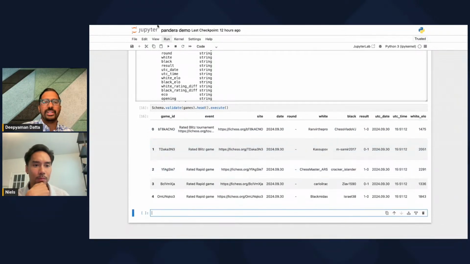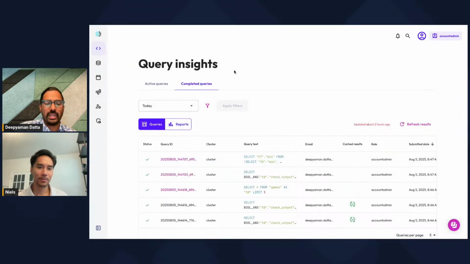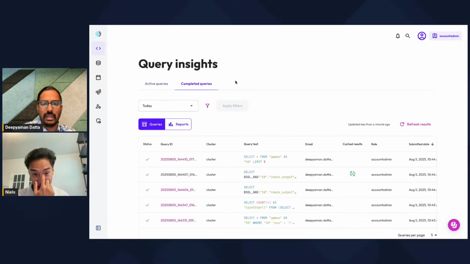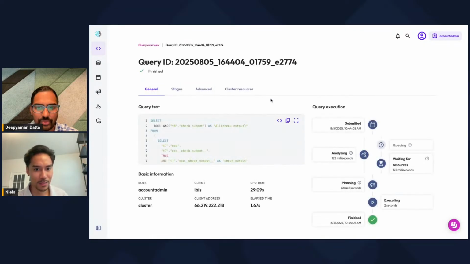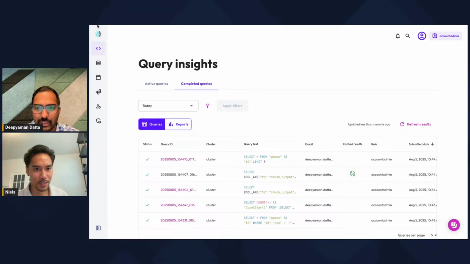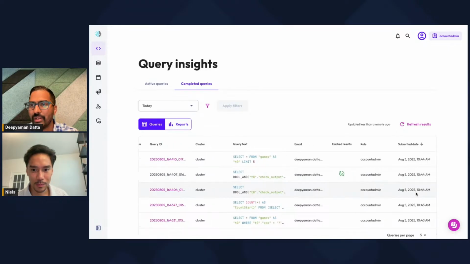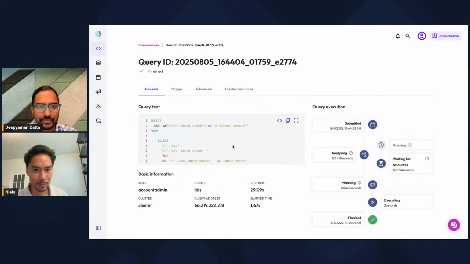So one thing I found cool as I was preparing this was that I can go in and look at the query. Oh, that's cool. Insights running here. Yeah. So this was the preview query that I did. But let's take a look at this, which ran just, when did this run? So this ran at 10:44, and right now it's 10:44 my time.